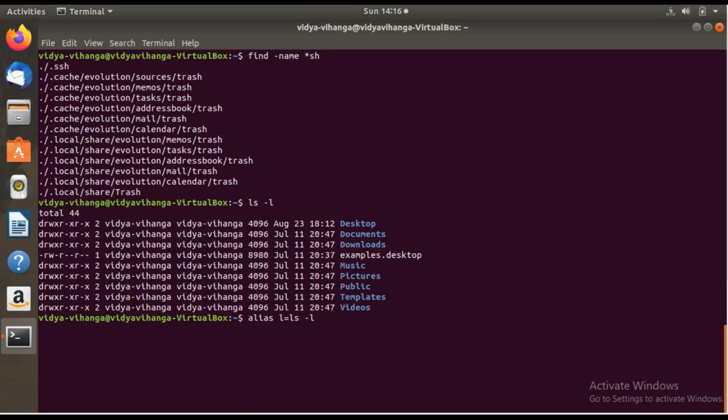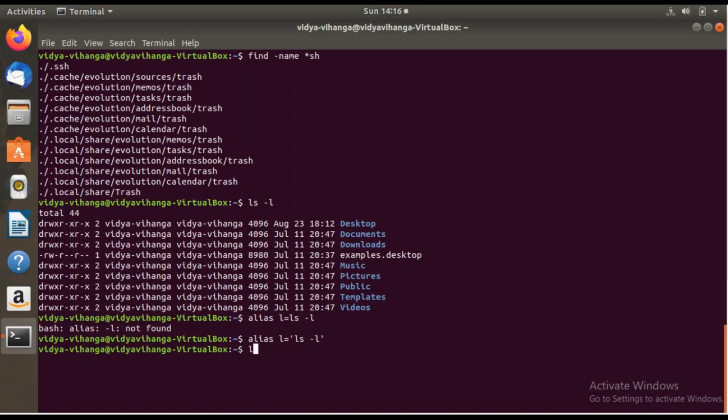But if you declare it like this, it will give you an error saying -l not found. As we declare a string in C with single quotes, in the same way we have to declare the entire command here in single quotes. Now l will get the functionality of the ls -l command.